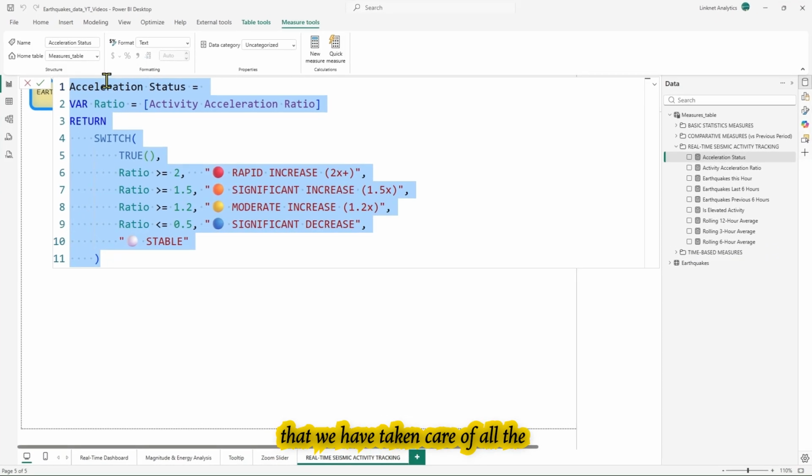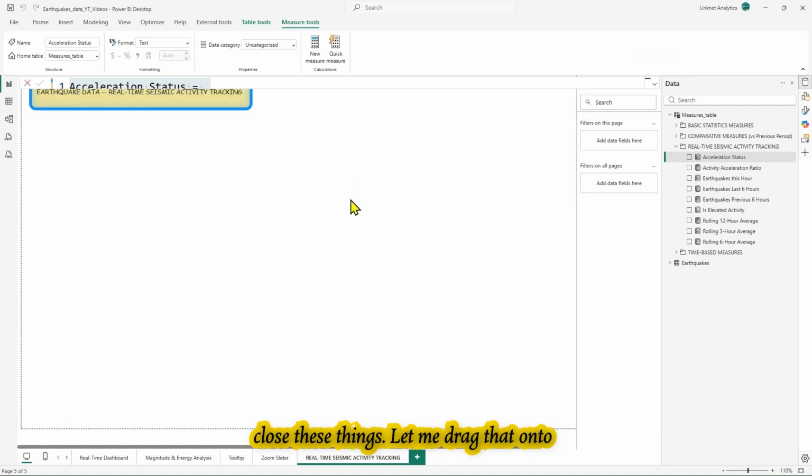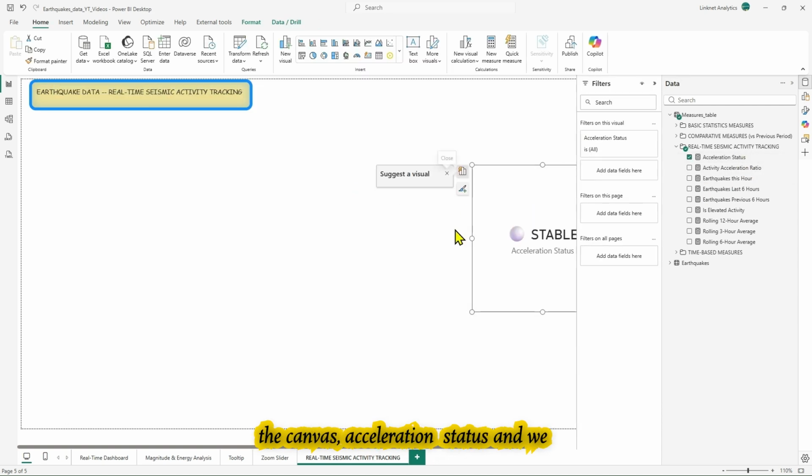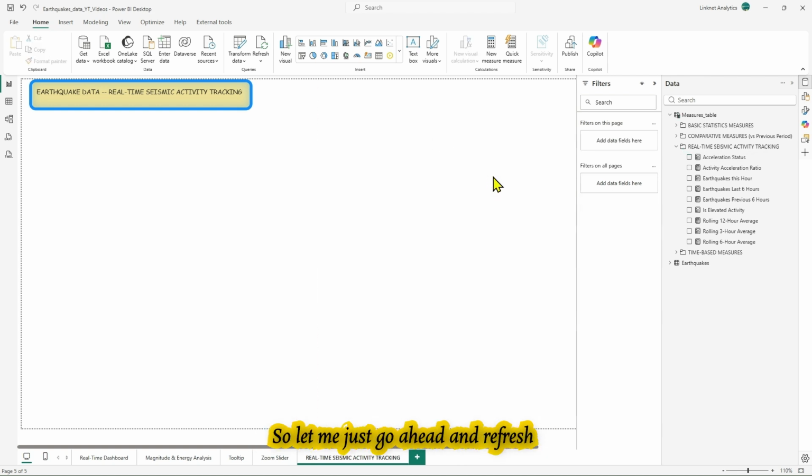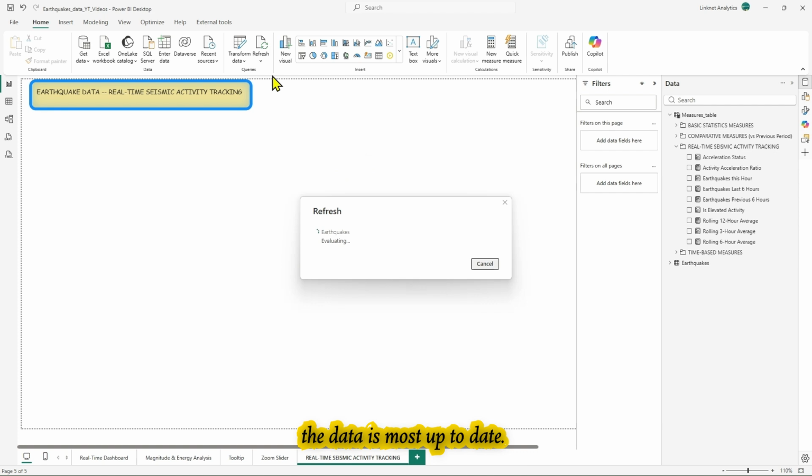Now that we have taken care of all the measures, let me just go ahead and close these things. Let me drag that onto the canvas, acceleration status. And we have some colorful icon also before that. So let me just go ahead and refresh the data. I wanted to make sure that the data is most up to date, so that way our report page also